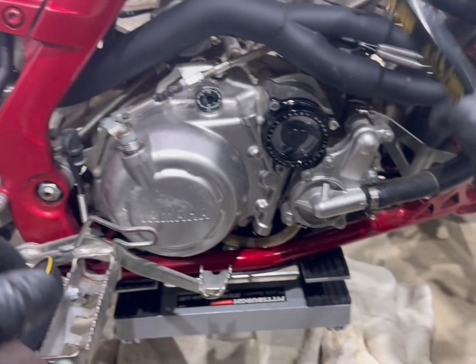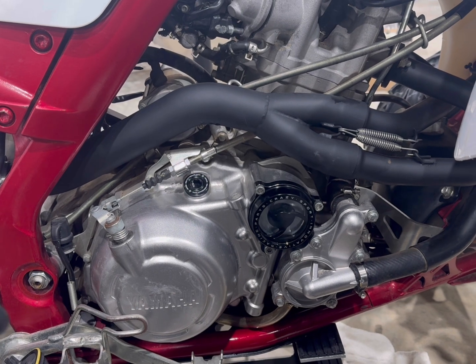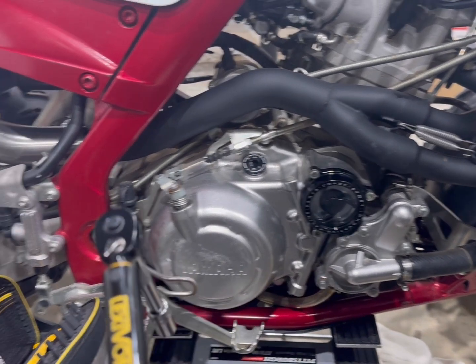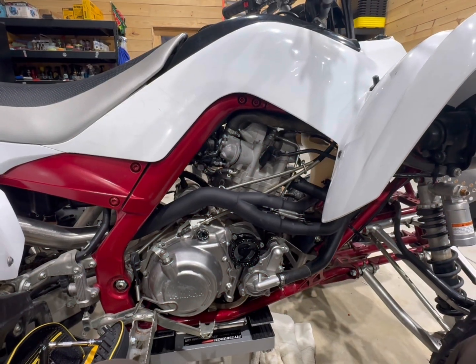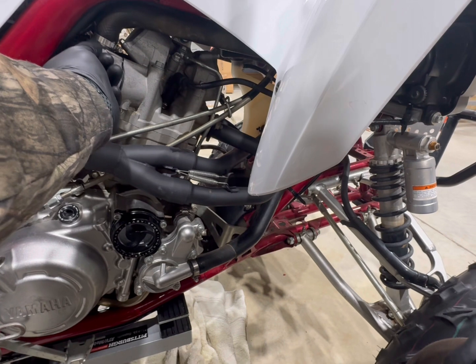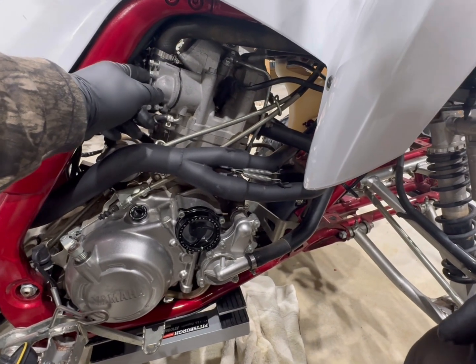All right guys, let's get this thermostat out of there, get the new one in, get those bolts back in, get the coolant in, bleed the system, be done. All right, so loosen up these 2 bolts. This middle 10 millimeter,